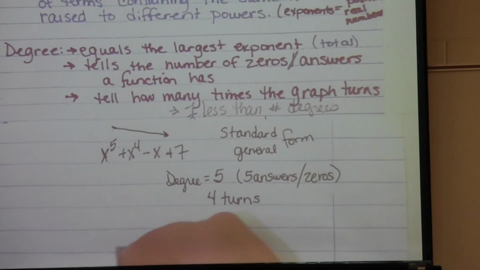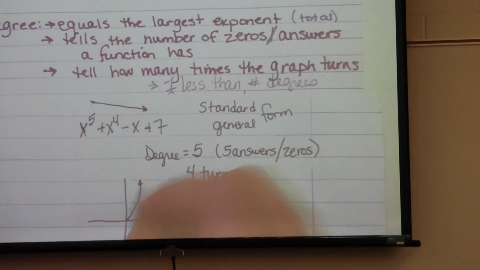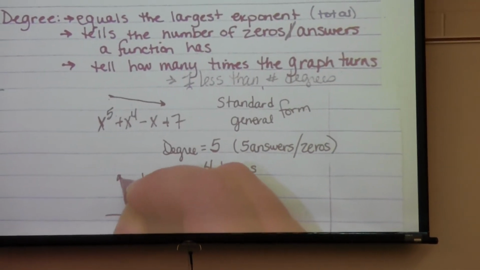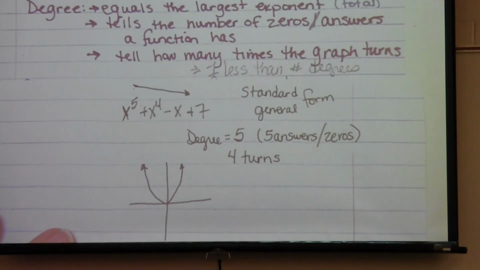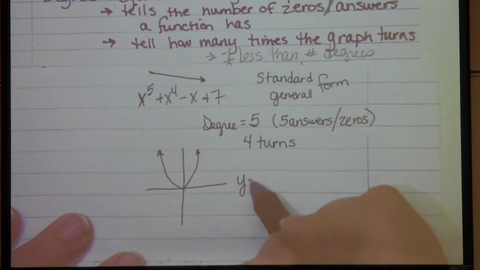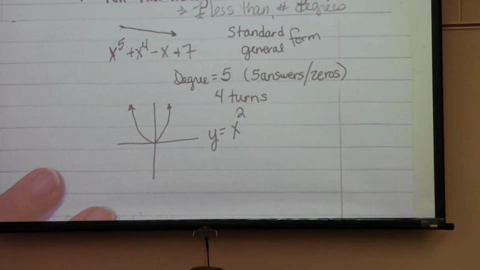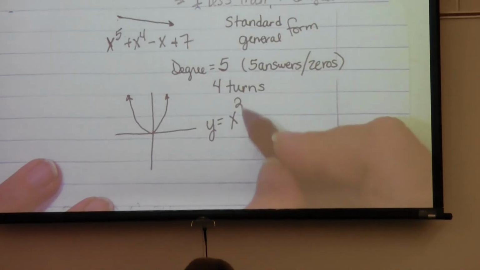But, as an example, if you were to look at this equation, if I were to draw that picture, what could you tell me it could be the equation of this particular graph? Y equals what? X squared. Because it's a what? Parabola. Parabola. So this x squared would be